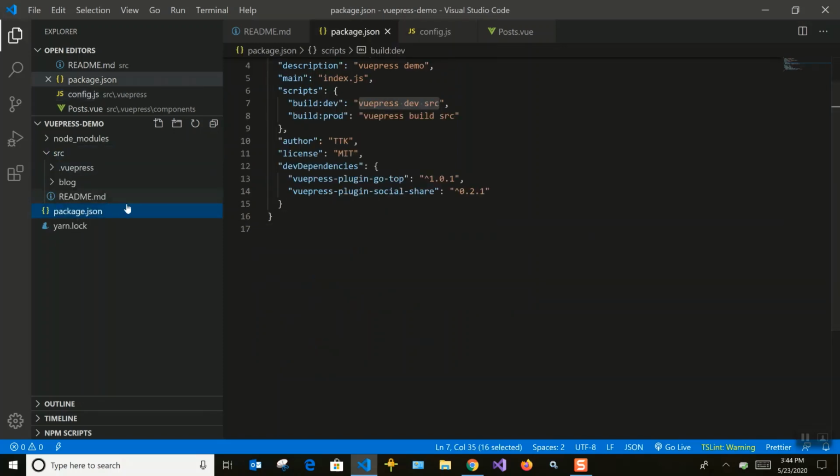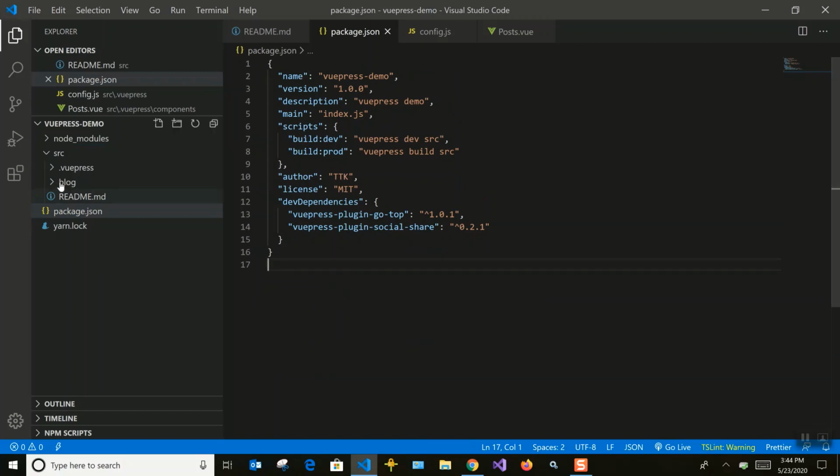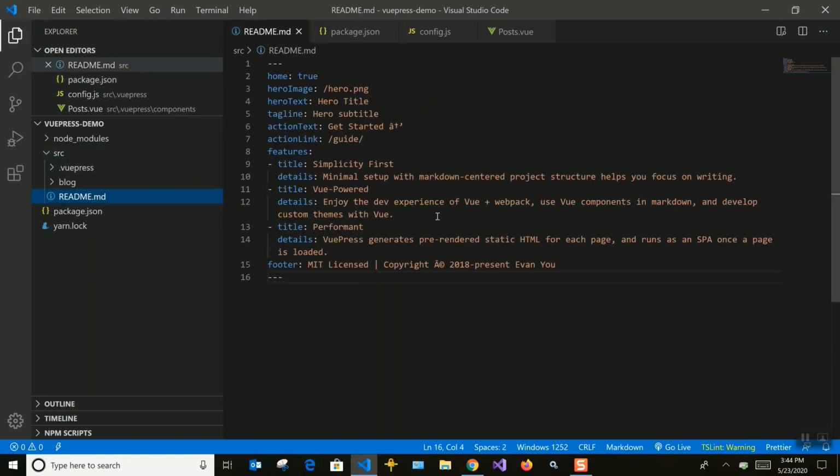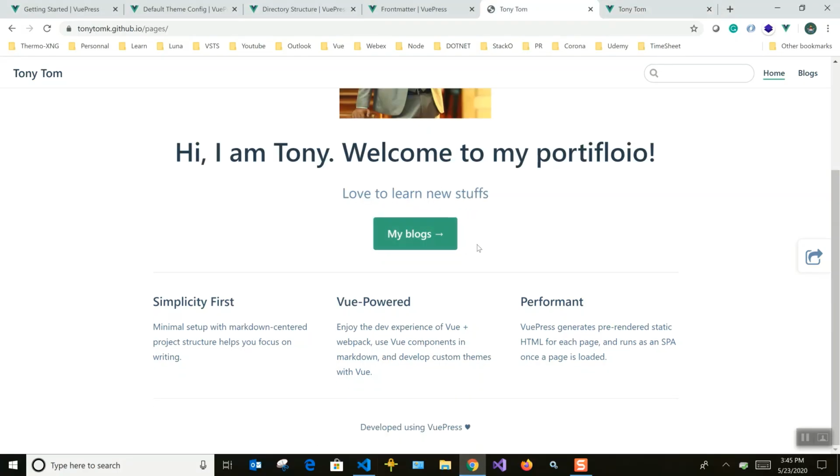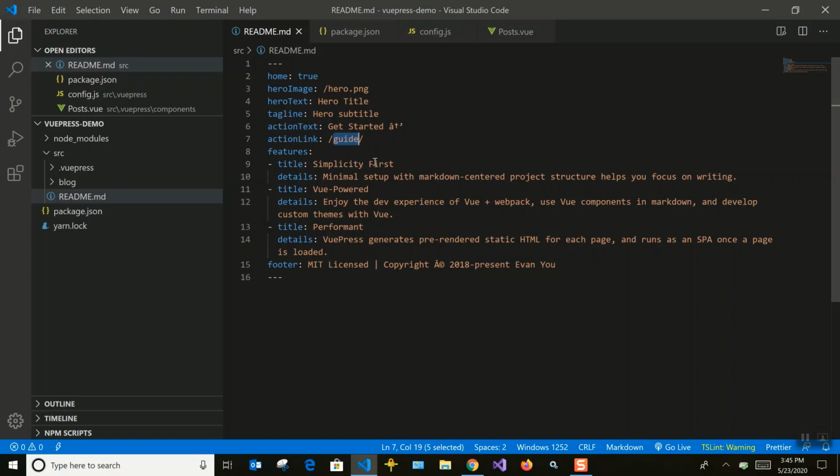You can see in the root we have only package.json. Okay, and in the src root we have the readme.md file. It should be inside the src root path. It should be .vuepress, and this should be at the same level. Here I haven't updated the action link and details. I just took it from the